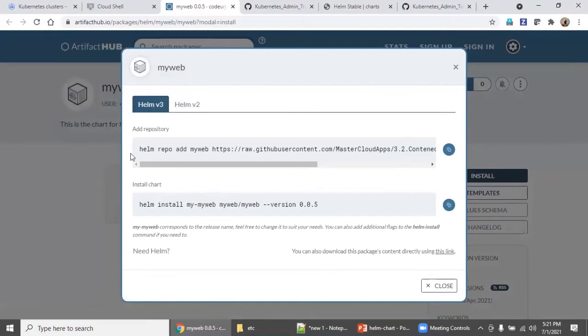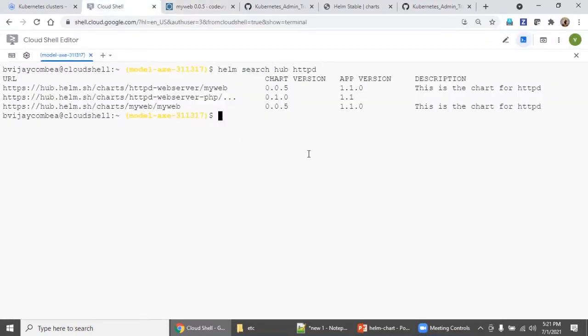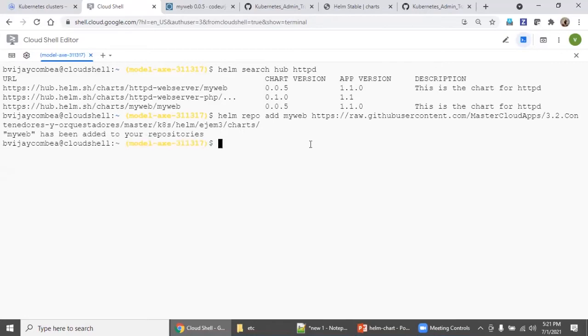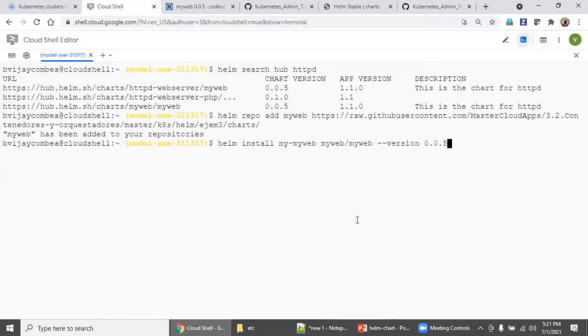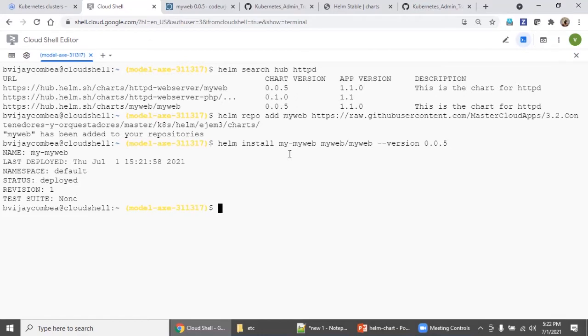Click install. Now you copy this. So this is the way you have no need to remember anything, right? So on the fly you can do what you want. So now it's added. Now I want to install it. So we are installing this.